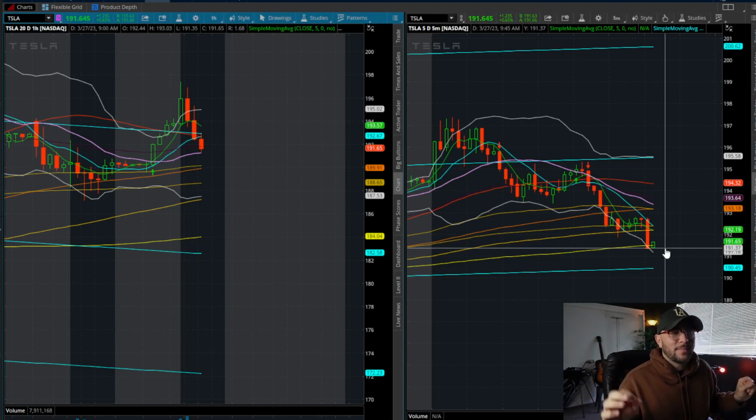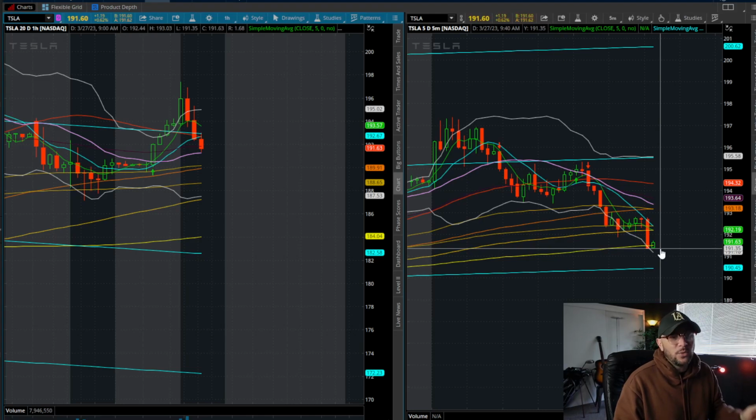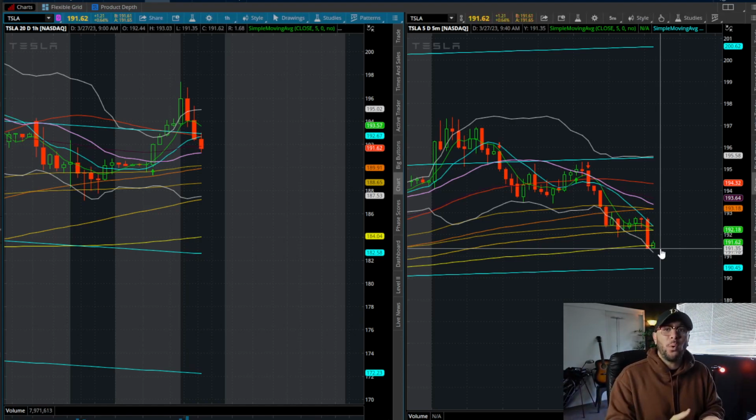So again, like I'm saying, there's a lot of support. There's a lot of places where we're going to knock our heads around. If Tesla takes out 191.35, back test this. Did it go down to 190.50? If it did, that was your short position. If it doesn't, then my point in theory